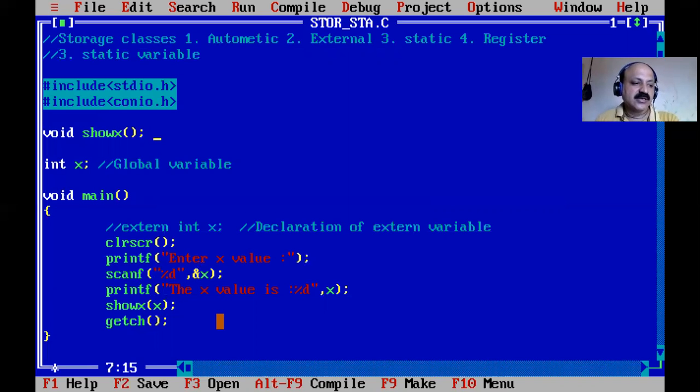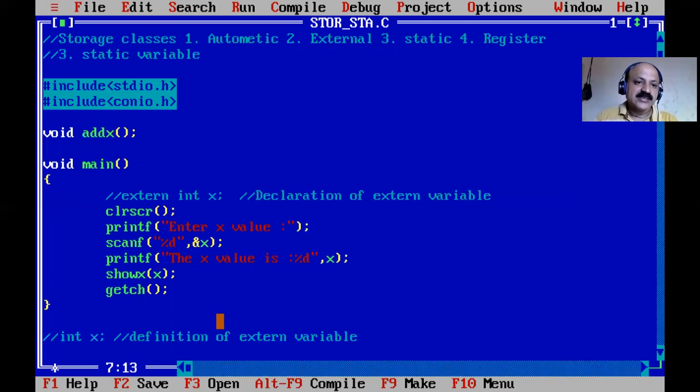Yes, so a static variable can be local or global. We can declare both. Global we can declare, and local we can also declare. Yes, so let us check. Add, we can say add static variable. So add x, we can say variable, and here I remove this global x. So first we declare it as a local. Yes, so here we can define one program.